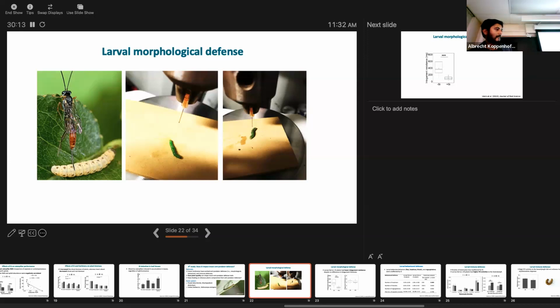I used a drill press equipped with a hypodermic needle, and then I placed these caterpillars over a precision scale, and I looked at the scale reading when this needle breached their integument. That's the integument resistance. And then I dissected out the larvae and estimated their integument thickness using a thickness gauge.